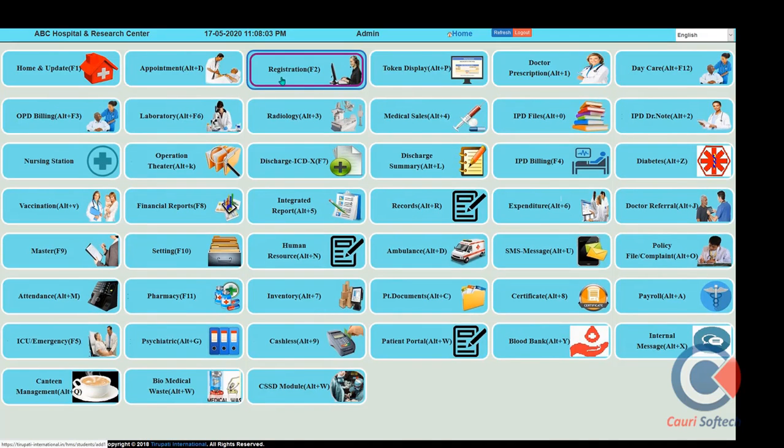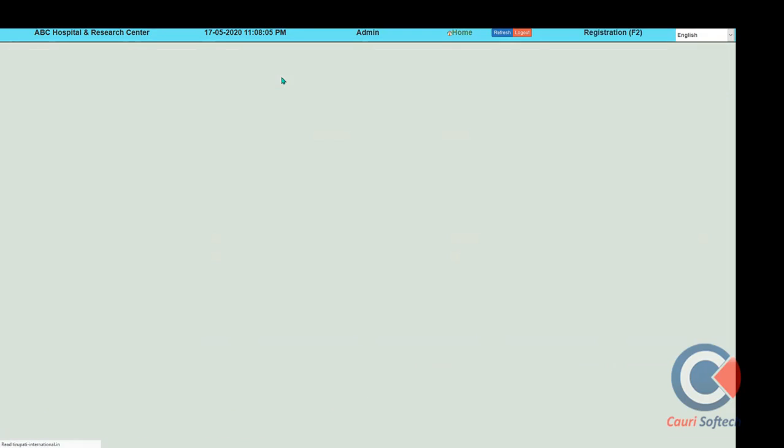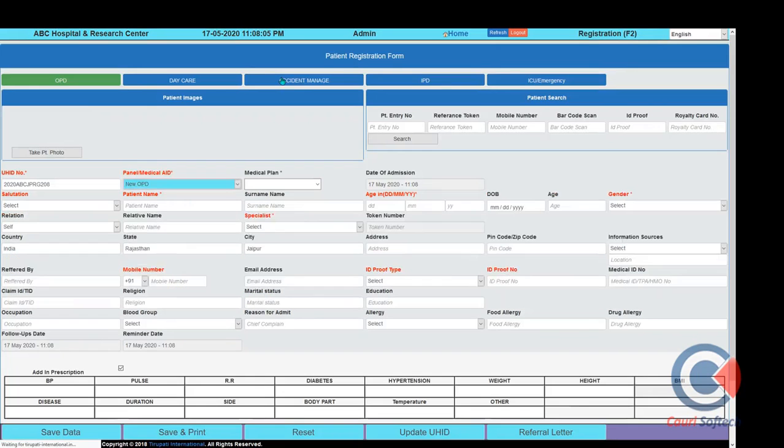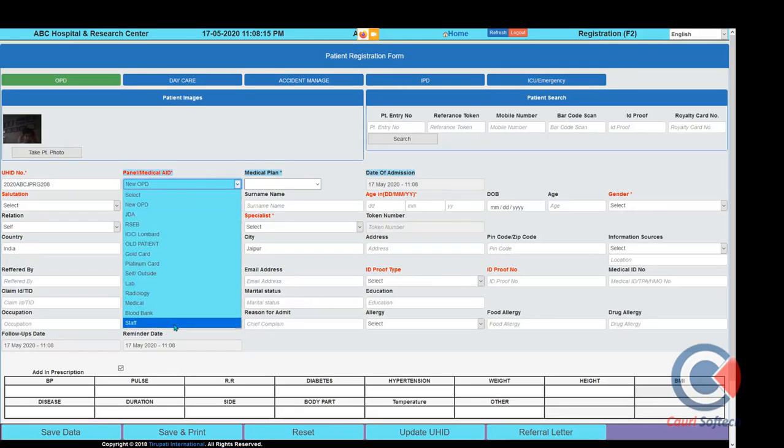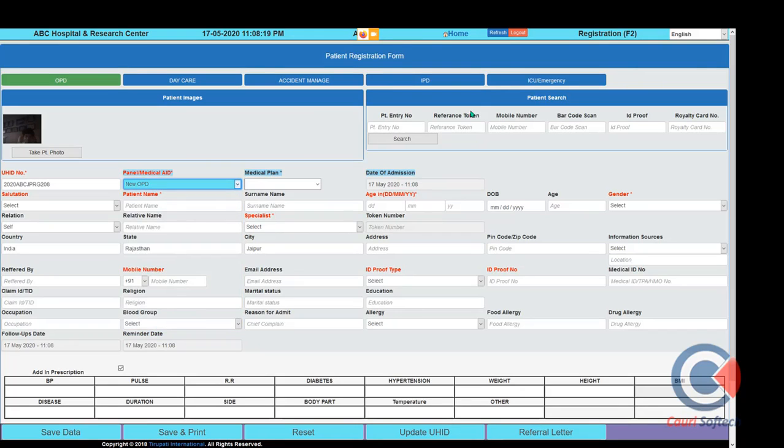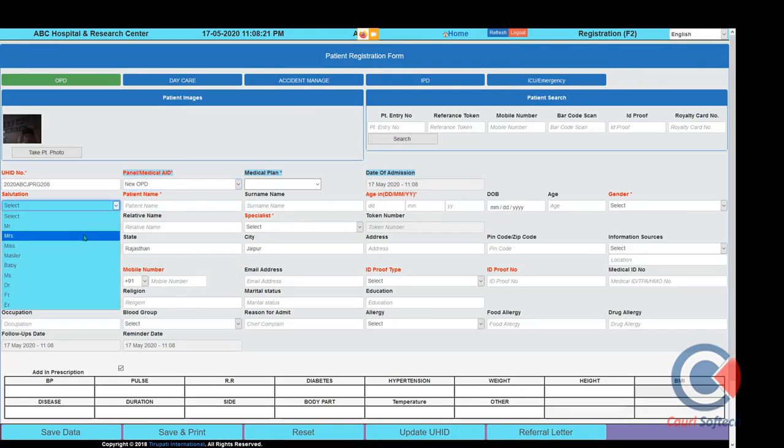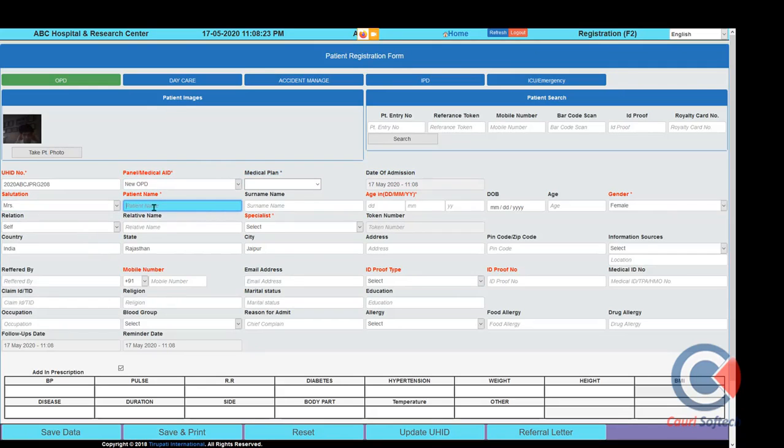On the next screen is the registration desk, where walk-in patients come, and we can maintain the OPD or IP entry from here. The system generates some red marked color fields, as you can see, that are identified. There are different types of panels, medical aid companies, under which we want to make a patient OPD or IP entry. Let's try an OP entry, and one more we will do the IP entry, to check that the entry is working.